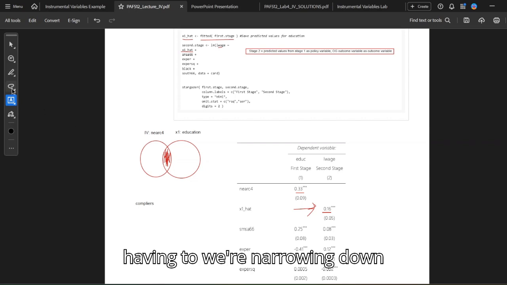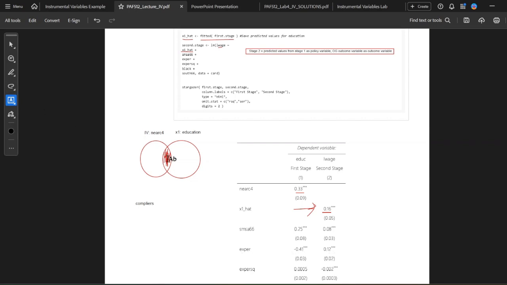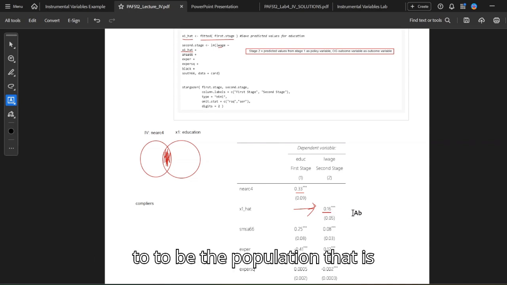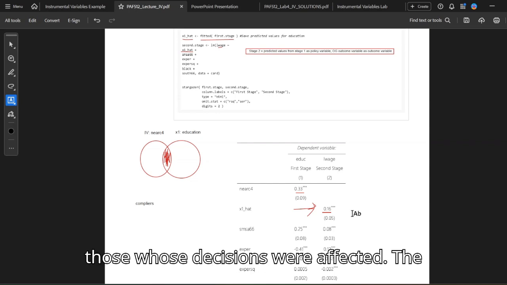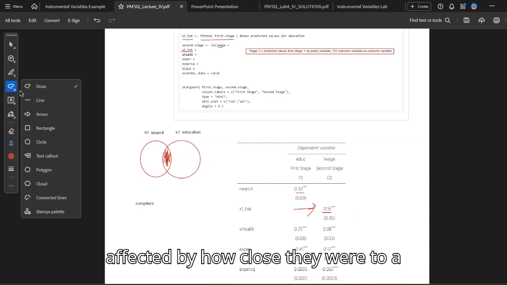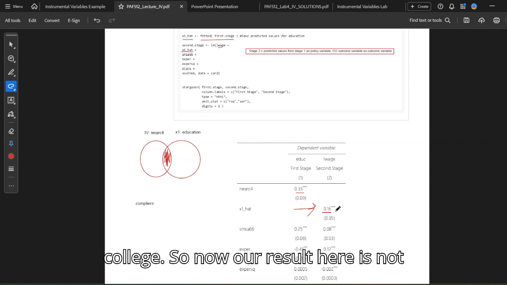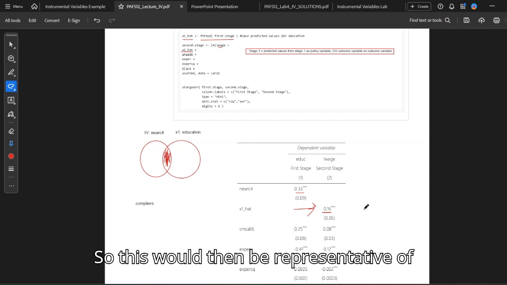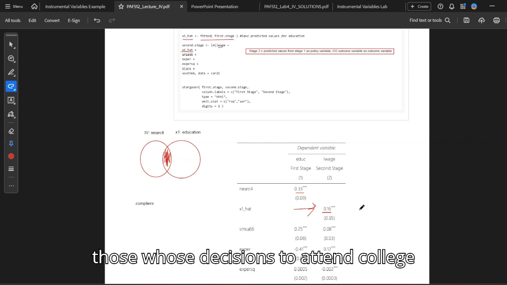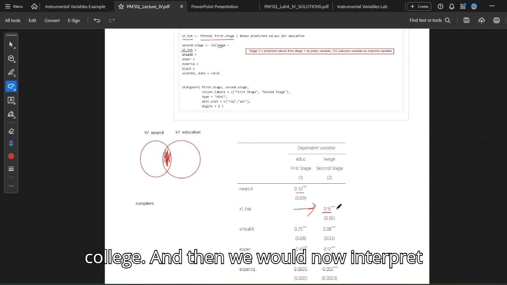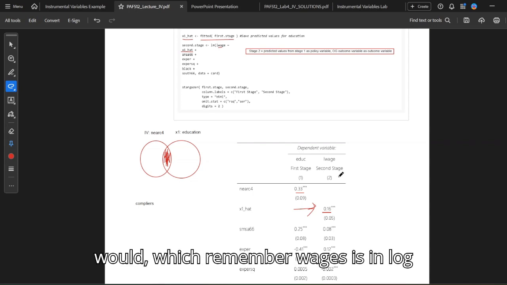So we're essentially narrowing down our population that we can apply this to, to be those whose decision to go to college was affected by how close they were to a college. So now our result here is not representative of the entire population. This would be representative of those whose decisions to attend college were affected by their proximity to a college. And we would now interpret this as we normally would, which, remember, wages is in log